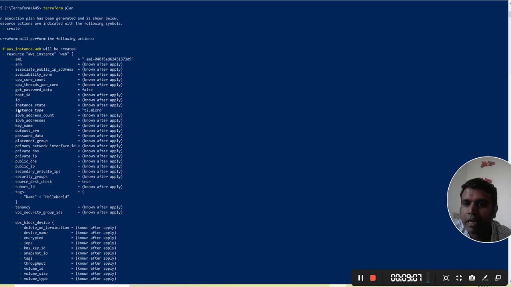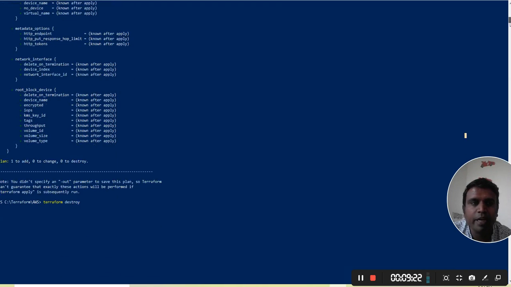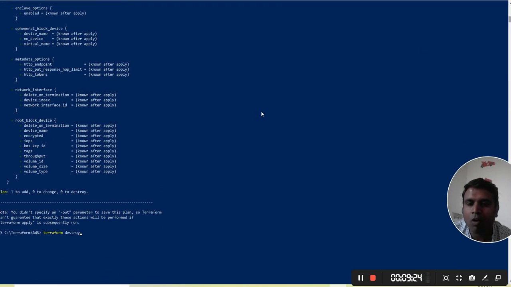It will create an instance type of T2 micro. So only these three parameters I have given, the rest it will take as default. Now my plan is executed and my code is validated. In the plan I got the information that it will create one instance whose name is hello world.